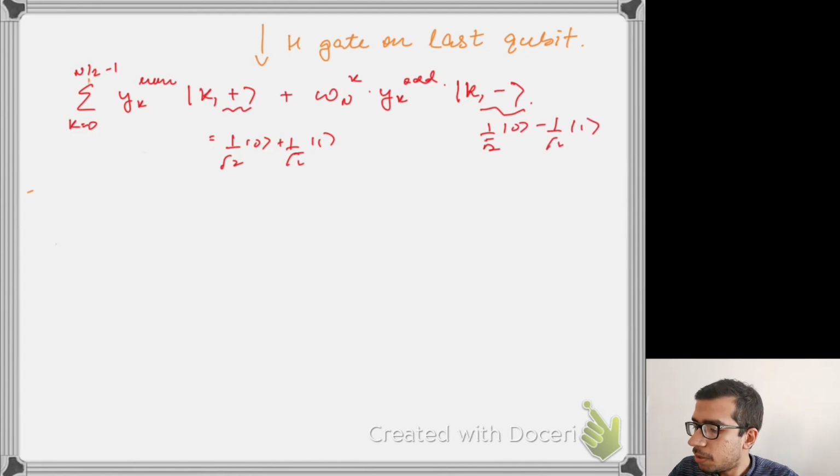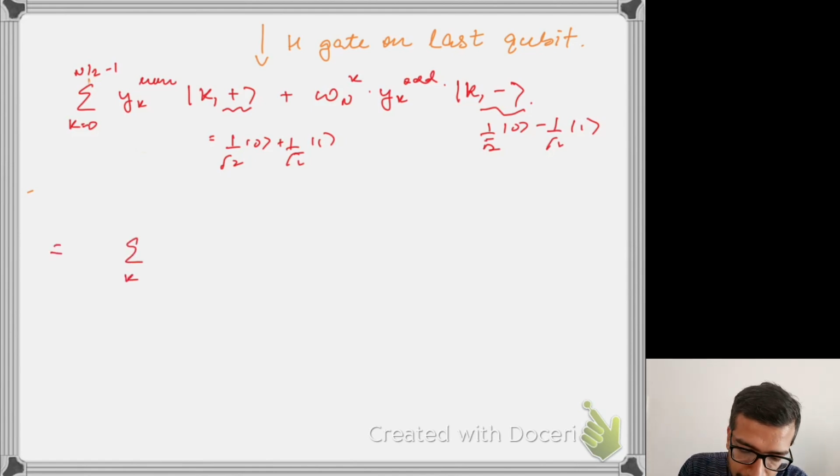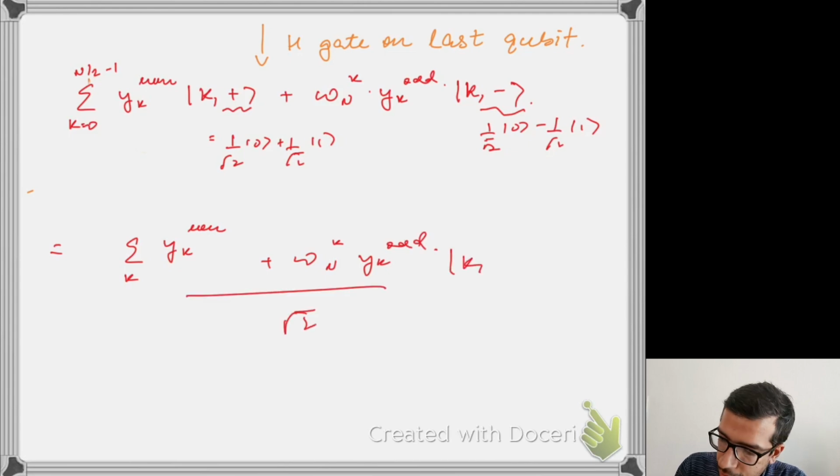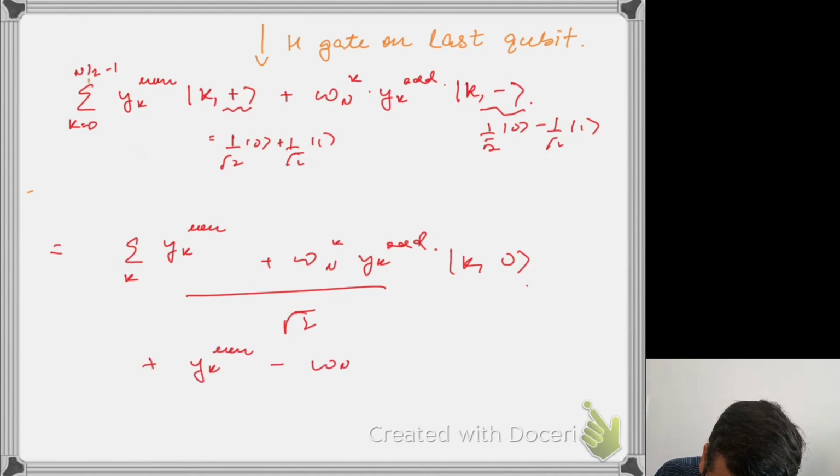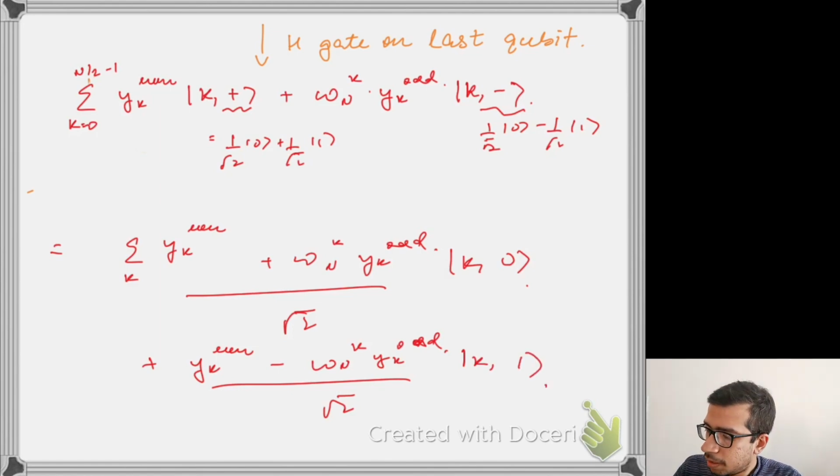And now I combine the 0 terms and the 1 terms together. So overall what I get is the sum over k of (yk even plus omega n to the power k yk odd) over root 2 times ket k0, plus (yk even minus omega n to the power k yk odd) over root 2 times ket k1, right? And now what I wanted was